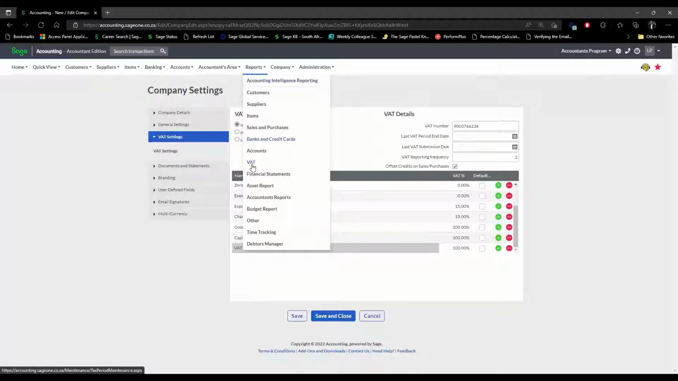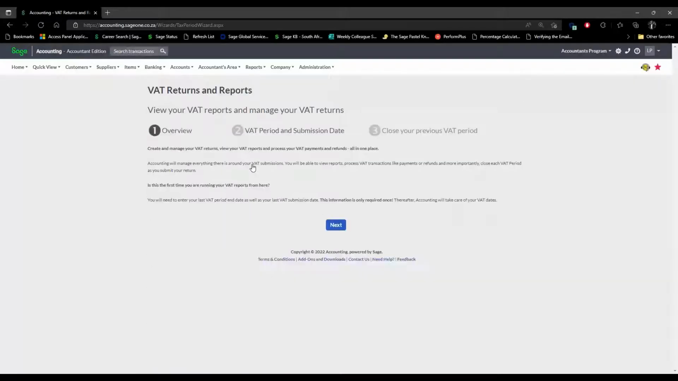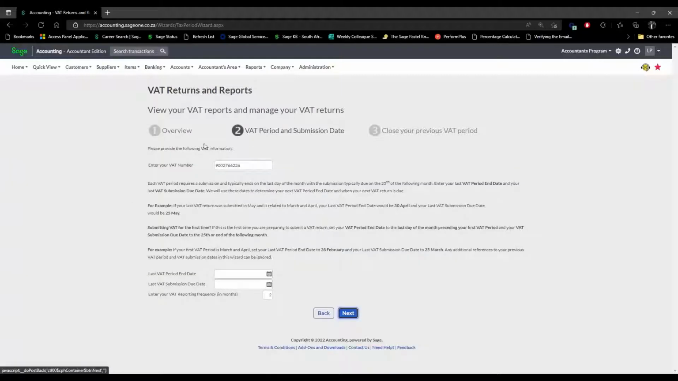So if you go to reports and you go to VAT, if it's the first time you're setting up your VAT returns, as you saw on the other side, it was still blank on the dates. It's going to bring you this wizard here. You would just go next and you'd enter in your VAT number that SARS would have provided for you, and then your VAT period end date and submission due date will also be provided by SARS, as well as the reporting frequency. Now by default, or rather most cases, it's a 2-month frequency. So you just set those two up, set your frequency, and then when you click next, it'll take you to